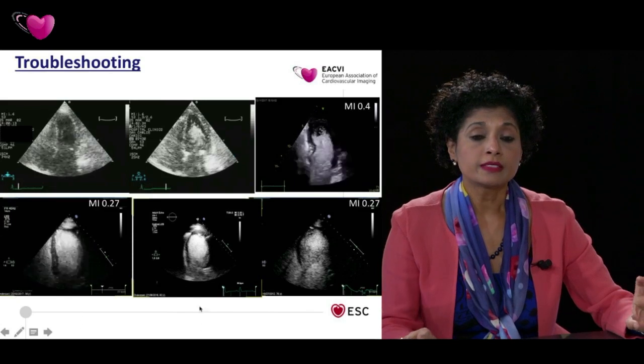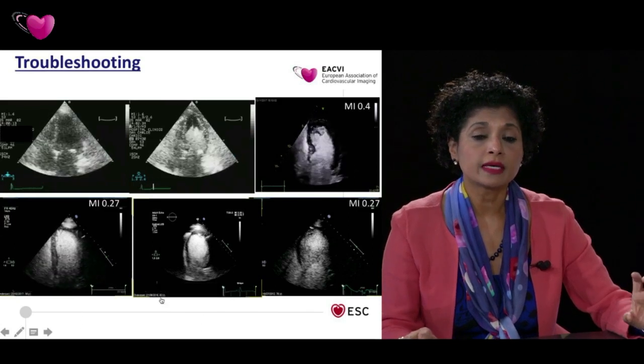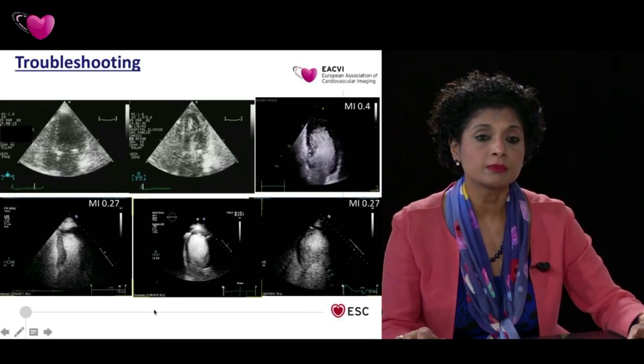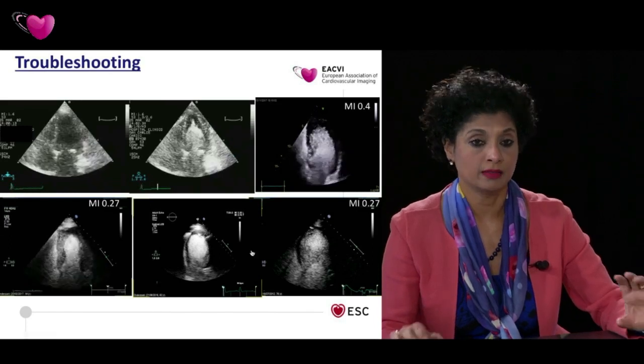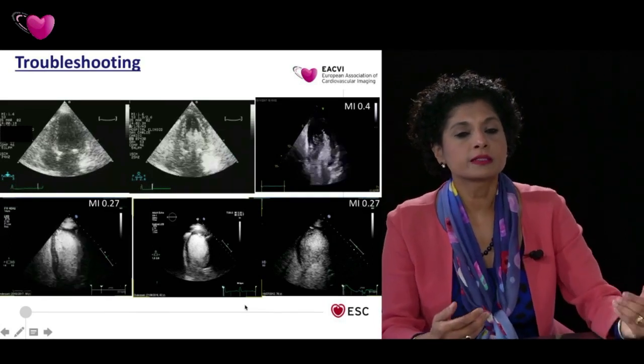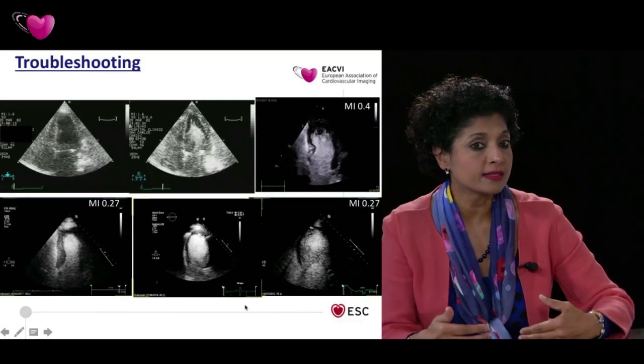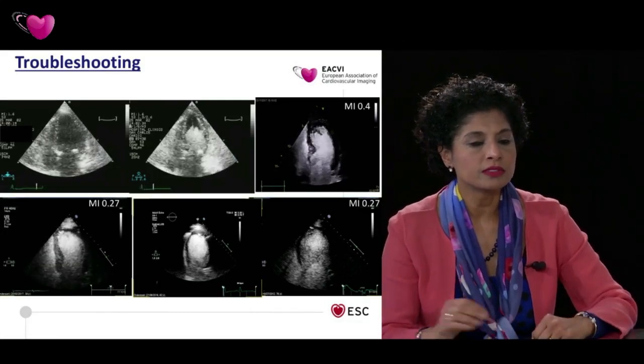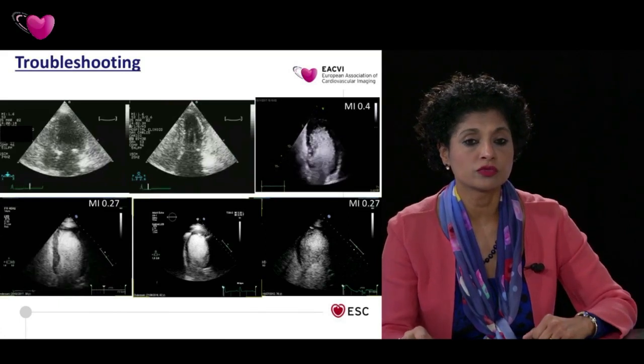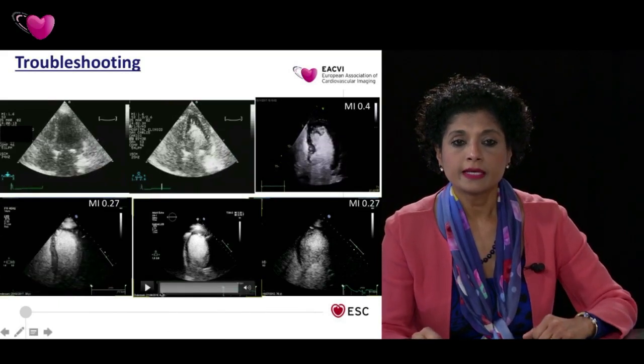Now, in this case, the apex is very well opacified, but you have down here a lot of black, which is attenuation. So in this case, there's a lot of contrast. You would wait for a little while, up to 10, 20 seconds even, before you acquire the images, because then you have uniform distribution of the contrast. In this case here, there's in fact